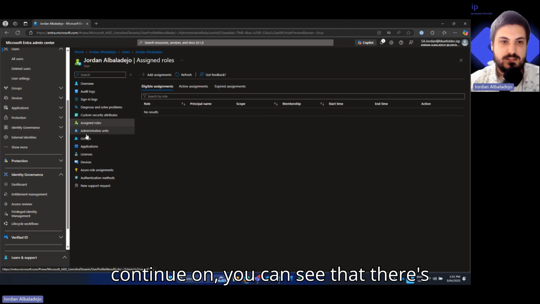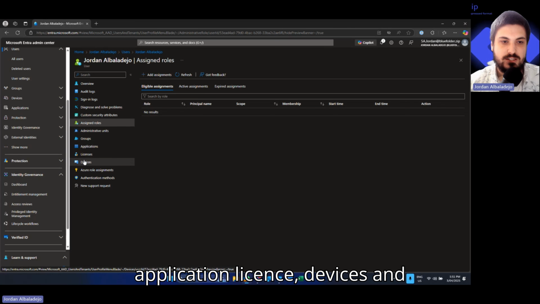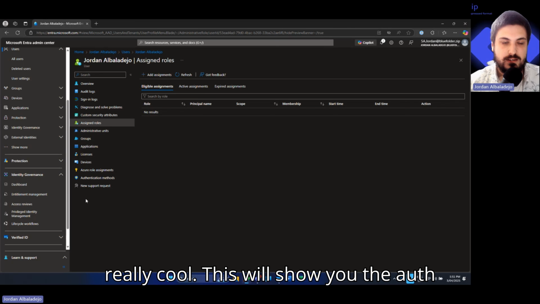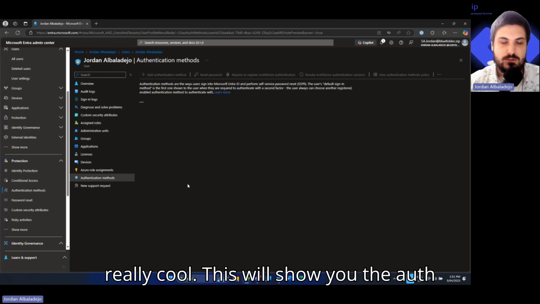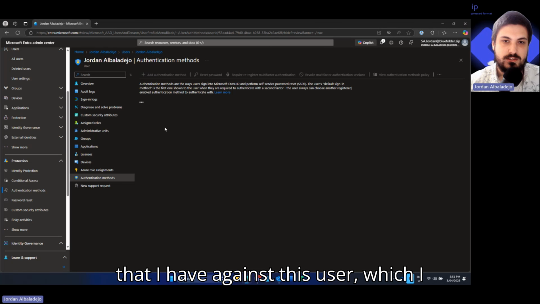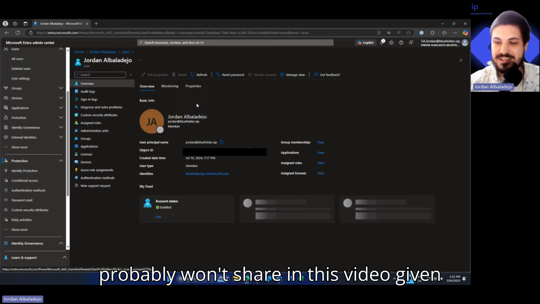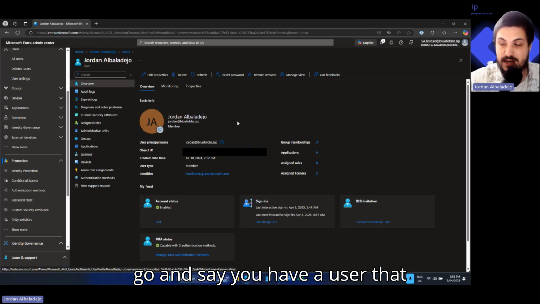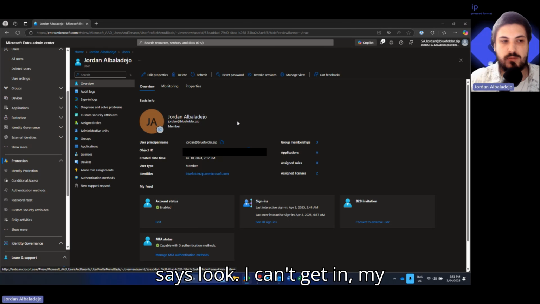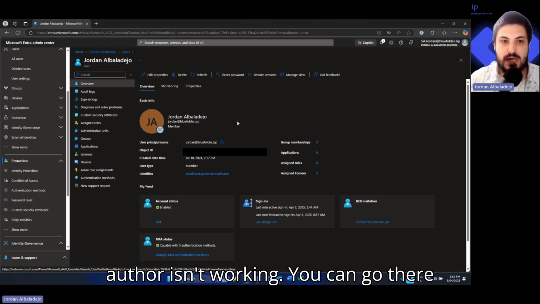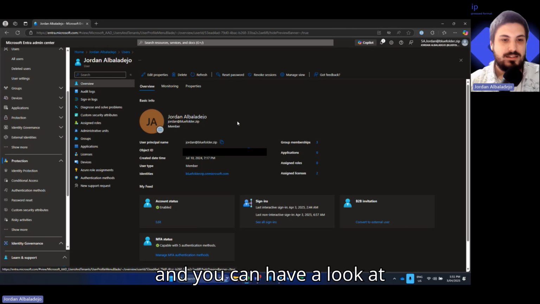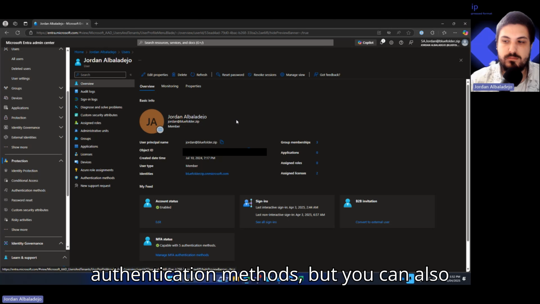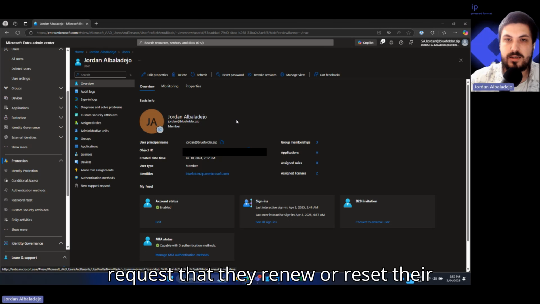Then if we continue on, you can see that there are options to look at their groups, applications, licenses, devices, and authentication methods, and a few other options here. Authentication methods are really cool. This will show you the auth that I have against this user, which I probably won't share in this video given the sensitive nature of it, but say you have a user that says, look, I can't get in, my auth isn't working. You can go there and have a look at what they have, as well as add authentication methods, but you can also request that they renew or reset their authentication